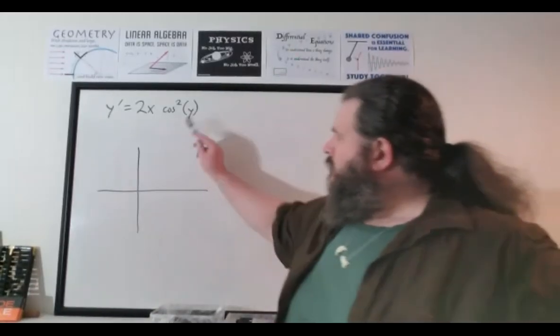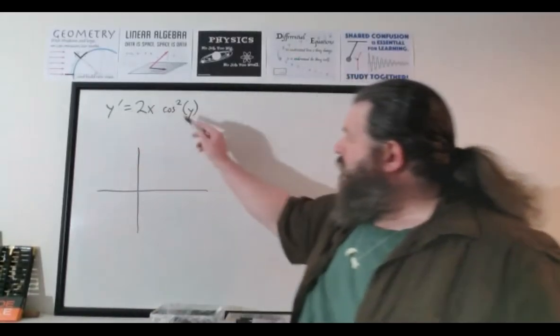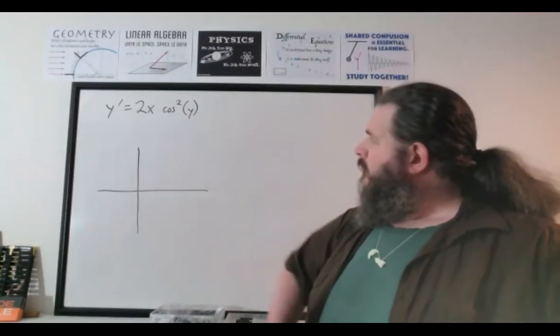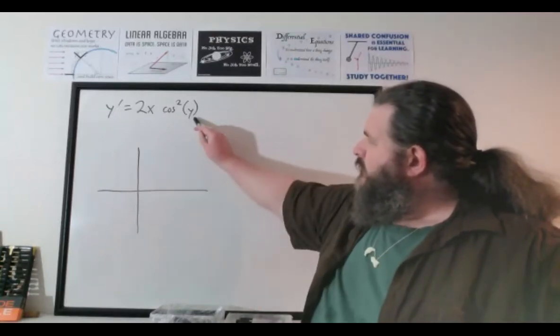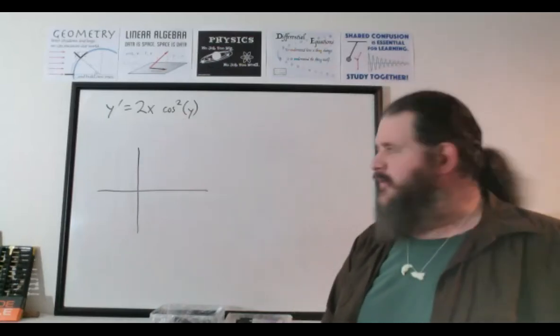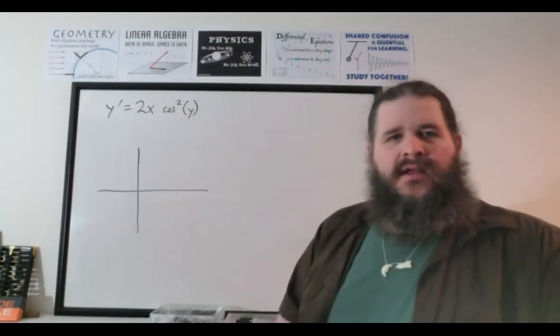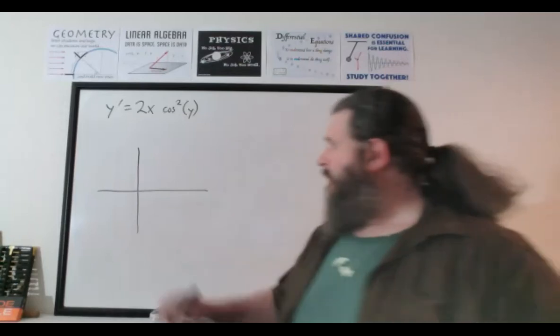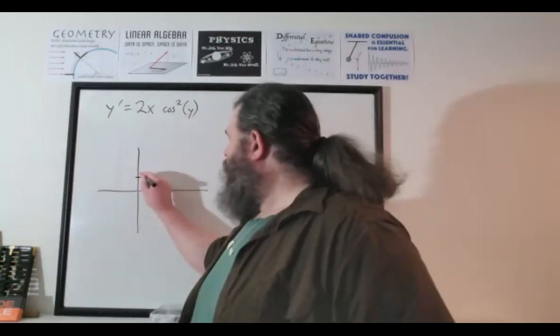So with this differential equation, y prime equals 2x cosine squared y. If we want to draw a direction field for that, first of all, I'm noticing that since y shows up inside a trigonometric function, it's probably going to be most practical to label the y-axis in terms of multiples of pi, assuming this is a radian measure. So let's mark these as